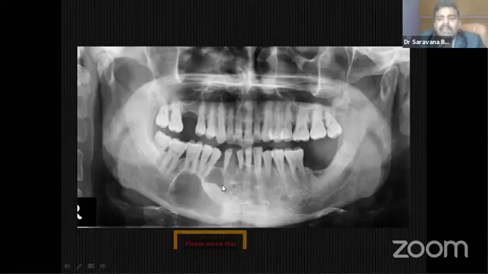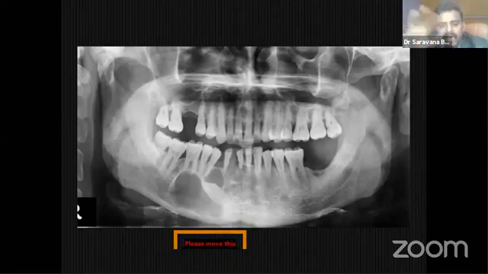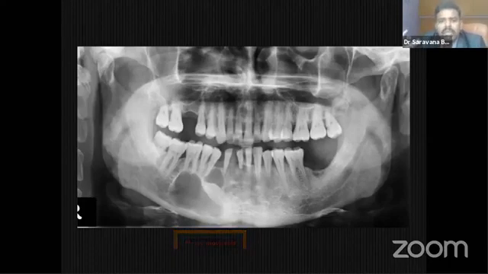Okay, if the radiolucency starts from the CEJ, possibility for dentigerous cyst. I will repeat it again. If the radiolucency is associated with the impacted tooth and starts from the CEJ, possibility for dentigerous cyst. If the radiolucency completely surrounds the tooth, possibility for OKC. If there is a radiolucent lesion associated with the apex of the tooth, possibility for radicular cyst. If some radiolucency pushes the tooth away, possibility for some aggressive disease like ameloblastoma.